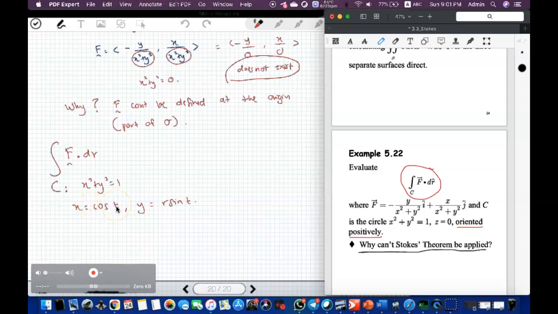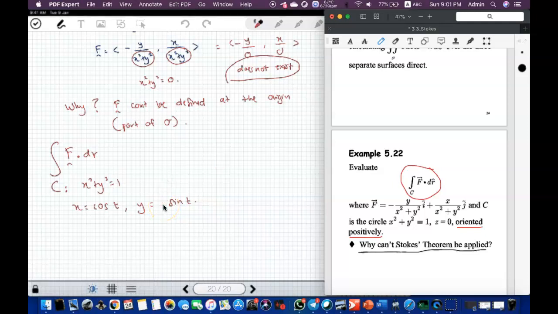So in this case I'm using t, so r cos t, so r is 1 here, right? So that is why we have 1 cos t. So this one is supposed to be 1 sine t. Okay, so dx will give you minus sine t, and dy will give you cos t. And then